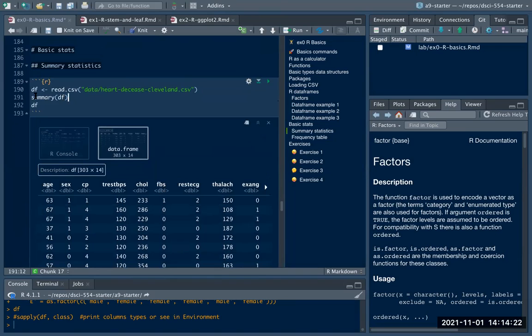So oftentimes what you need for doing reporting and other things in stats, a little bit